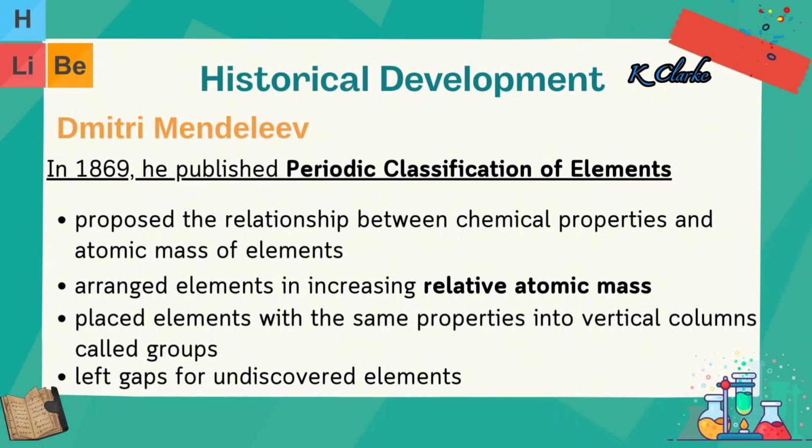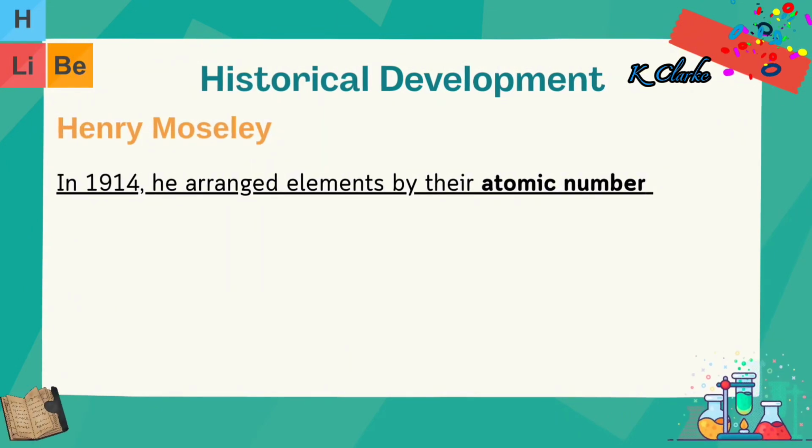The vertical columns are called groups. Additionally, Dmitri left gaps in the periodic table for undiscovered elements. His contribution to the historical development of the periodic table has been a success. In 1914, Henry Moseley further contributed to the development of the periodic table. He arranged elements by their atomic number. That's the end of the historical development of the periodic table